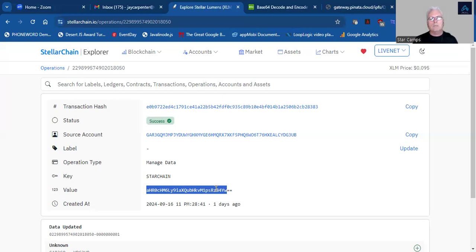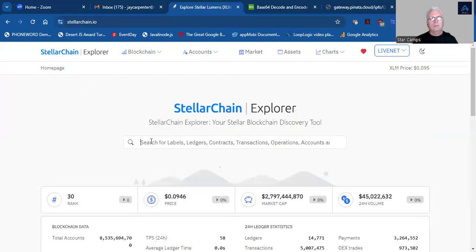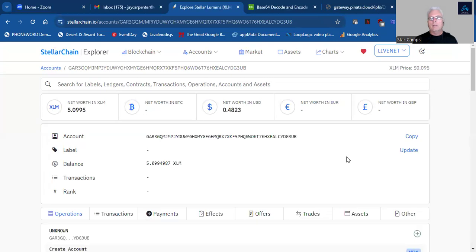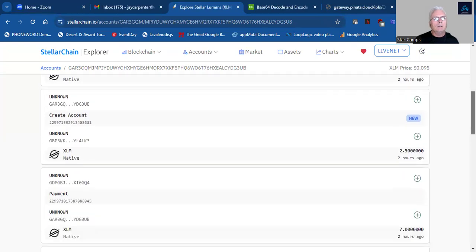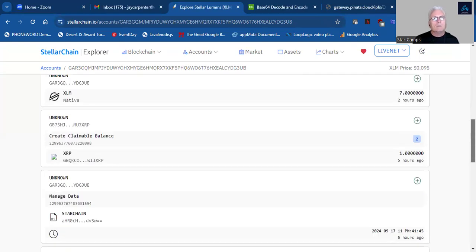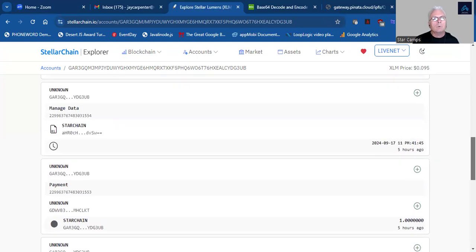This is on the blockchain for the 16th. Now, let me copy this Stellar account. Now, if we go back, I'm going to look up the link for today, the 17th, and you can get all this information on the Discord. I'm pretty sure this is the one. Yeah, this is the 17th, and that's the right timestamp.